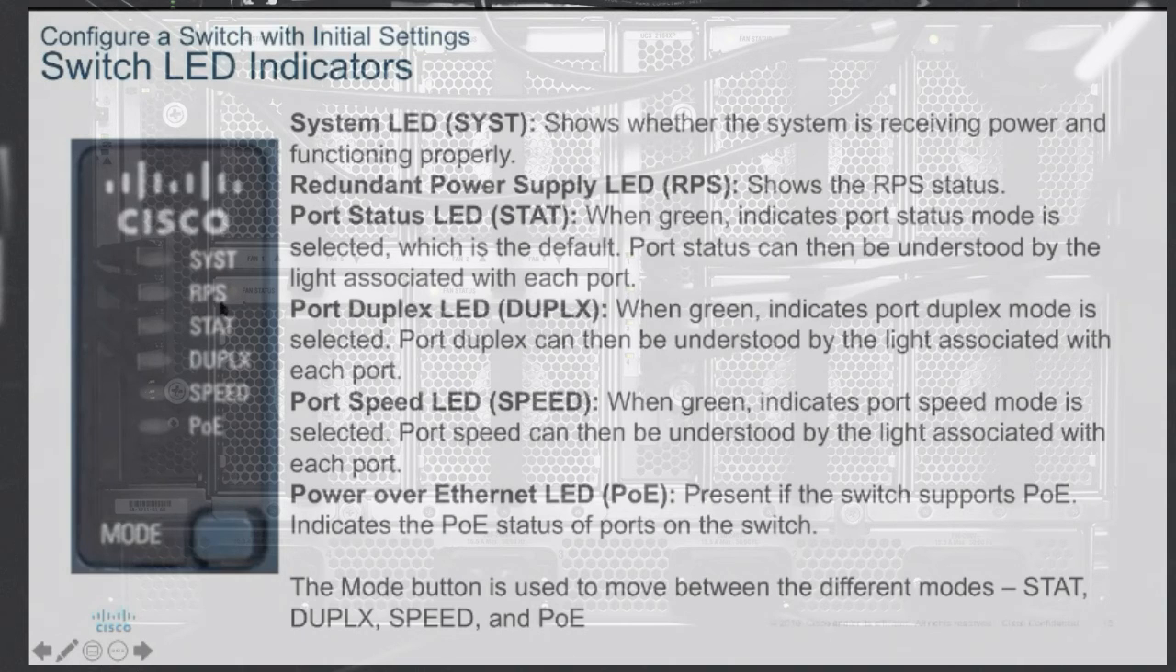The second one is the RPS. It is the redundant power supply. Some of the switches have it, some do not. But if a switch has this, and there is an alternate power supply source coming to the switch in case the primary source fails, it will be shown in the RPS indicator light. The third one is the STAT. It's the port status LED. When it is green, it indicates the port status mode, which is the default. It is associated with different ports. So you can just see that it's green here. It will be green, but again,